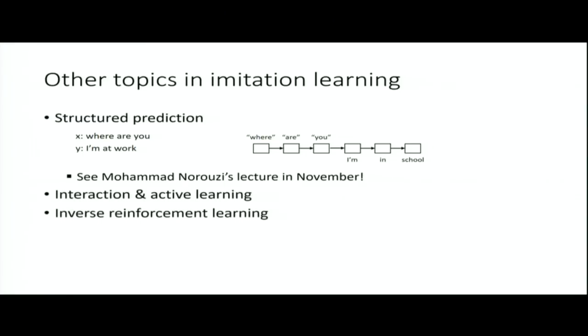Another kind of domain that is kind of a popular one for imitation learning is interaction and active learning. So this is where you have to actually actively solicit feedback from people. And then another topic in imitation learning that we'll cover later on in the course is inverse reinforcement learning. So I alluded to this a little bit in the first lecture when I talked about inferring intentions. So far, all the imitation learning methods we've seen are kind of just blindly following the demonstration. They're not trying to figure out why the person is doing something. If you figure out why they're doing something, then maybe you can do a better job in new situations. So we'll talk about that later in the course. Okay.